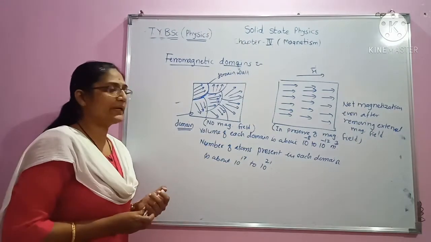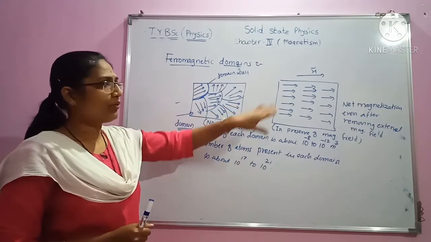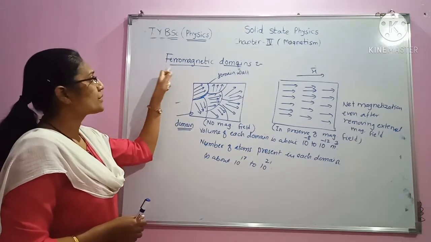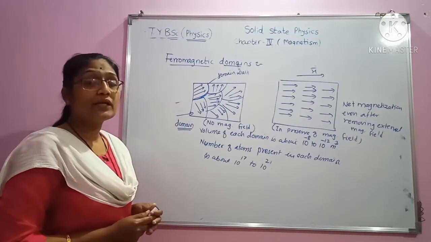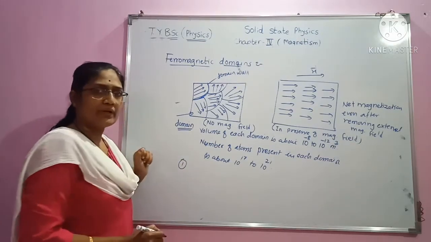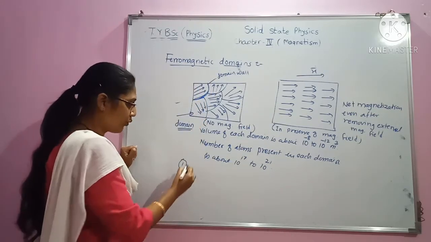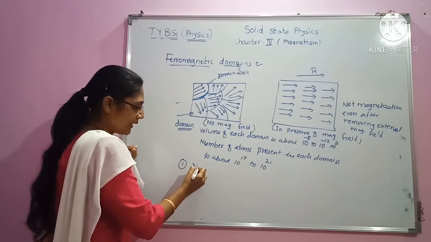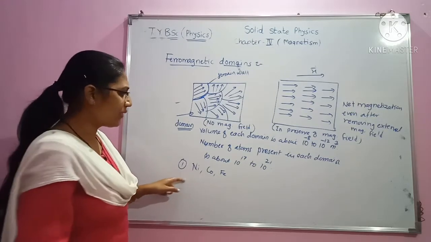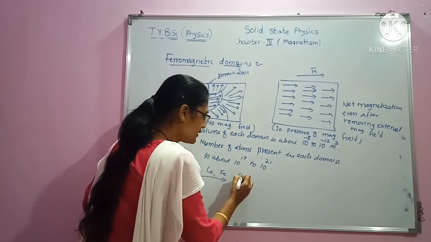So this dipole will get aligned in the direction of applied magnetic field, and hence they will have net magnetization. And if we observe in nature, the ferromagnetic materials are very limited. Their number is very limited. Examples of ferromagnetic materials which will have ferromagnetic domain structure are nickel, cobalt, iron, and they will have their ferromagnetic nature at a low temperature, sufficiently